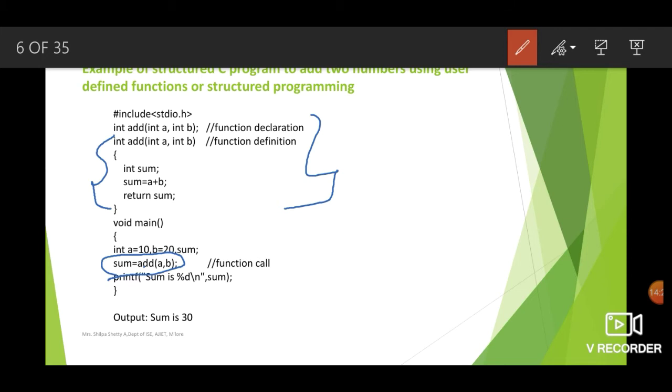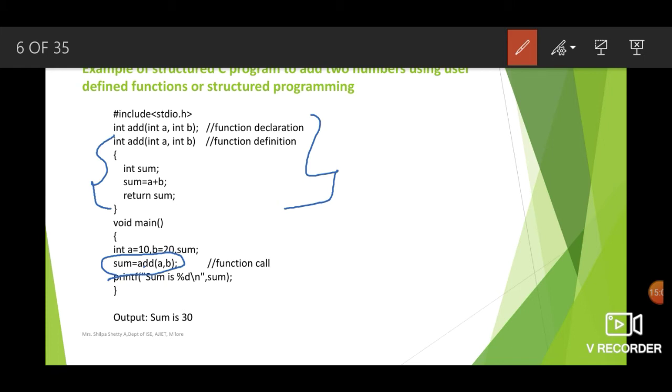So the first one is the return type. What type of value is the function returning? Is the function returning an integer? Is the function returning a character? Is it returning a string, etc.? That particular data type has to be written. Then following that we have the name of the function, and within brackets we need to write the data that is required by the function to execute along with its data type. We know that in order for the add function to execute, we need two integers. Their names can be anything here. We can give any name for those two integers.